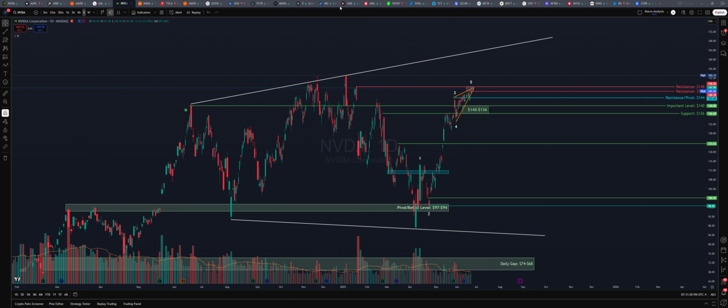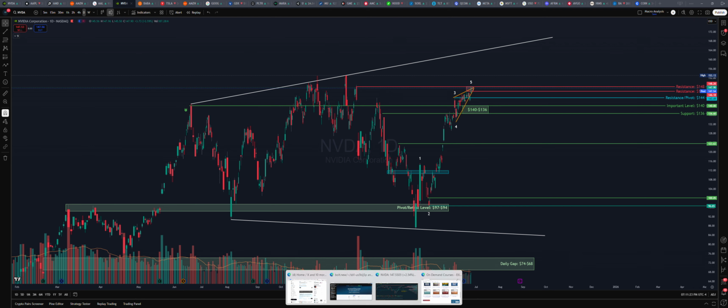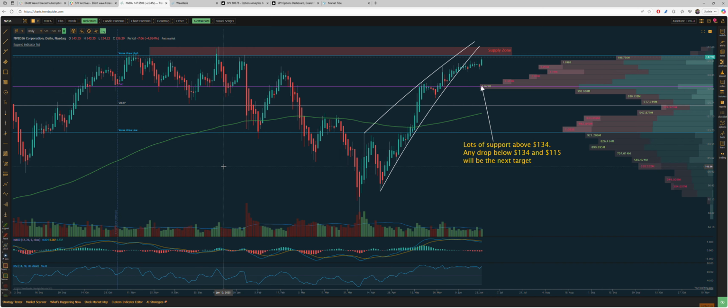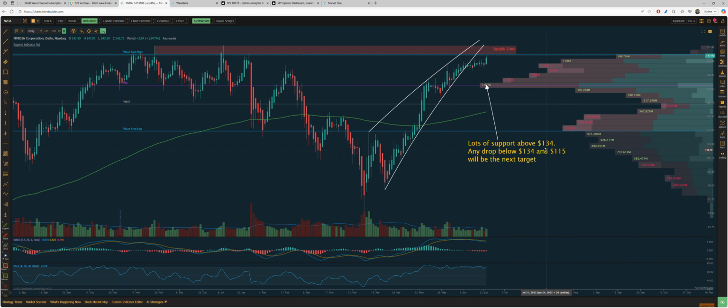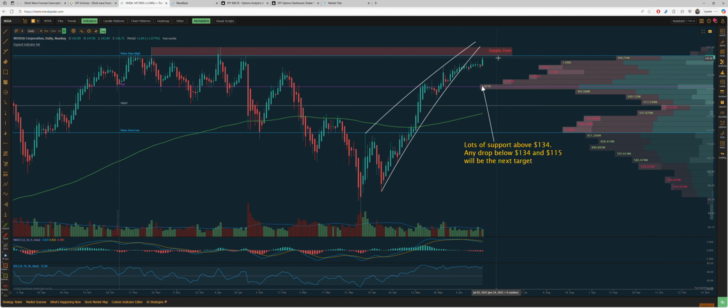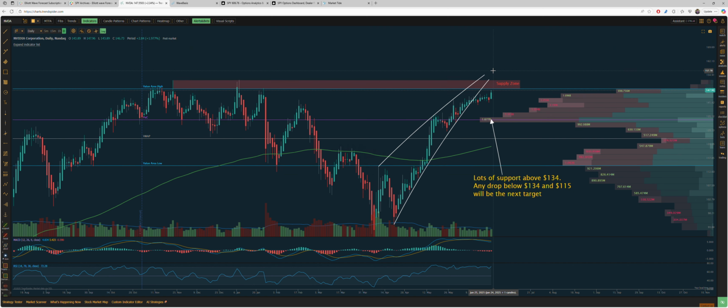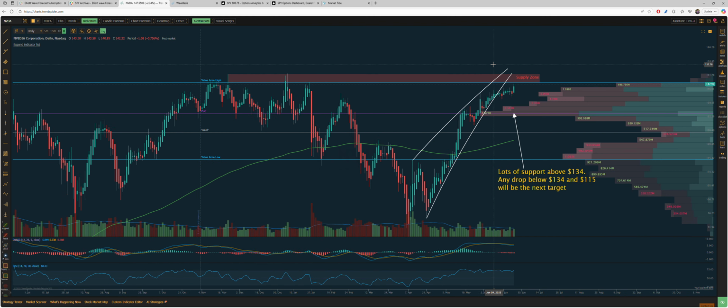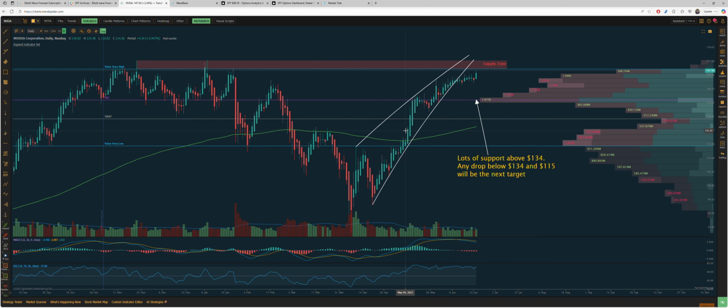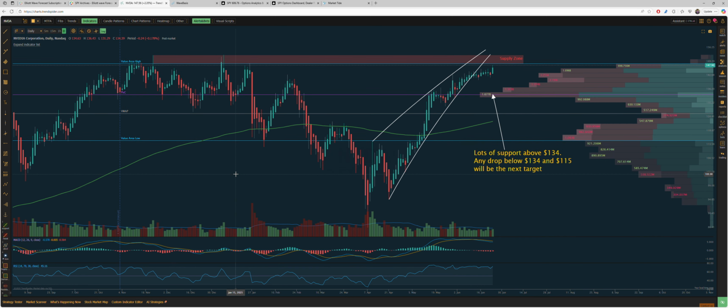Let's look at NVIDIA on TrendSpider. So this is what I have. Lots of support above 134. You don't want to short this above 134 unless you get above a resistance level and you see actual selling pressure happening. So you have a supply zone right above this level, so this is a level you're careful with. But if you could get above this level here, you're going to probably move towards the 165, 170 level once you can break above. So be careful on top here. Just be careful, but you want to see a break above this level here. So that's what I'm looking for in NVIDIA.